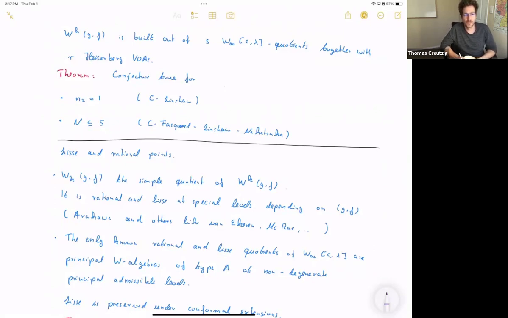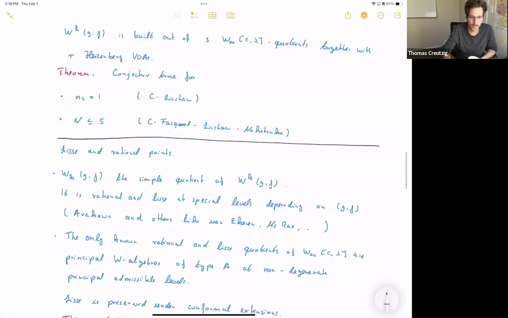So this is Tomoyuki's famous story, right? It depends if your level is admissible, that means positive rational enough. Then Tomoyuki has proven that as long as the denominator of the level, shifted levels, is of a certain type corresponding to the nilpotent element, you get a C2 cofinite VOA, and then rationality was also eventually done with the help of Jethro and Robert. And, I mean, there were people who proved one case after the other. Justine also proved a few cases. Annie and I did. Many people did.